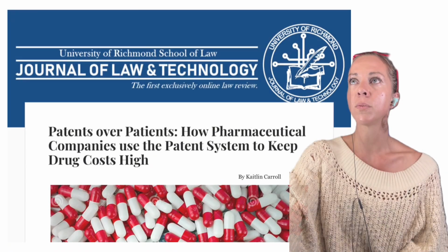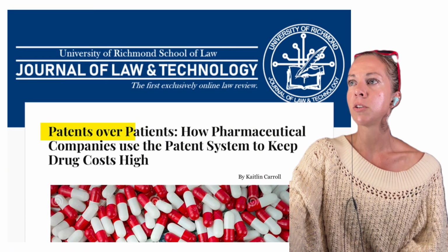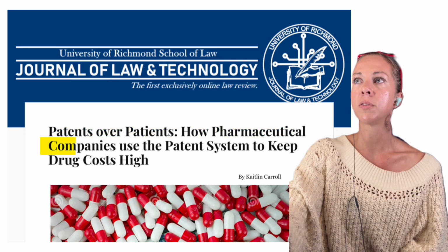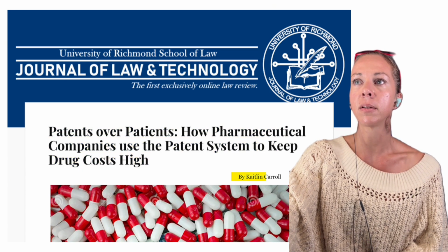Okay, then we get into this one, the Richmond Journal of Law and Technology, Patents over Patients, How Pharmaceutical Companies Use the Patent System to Keep Drug Costs High, by Caitlin Carroll. This is another article,